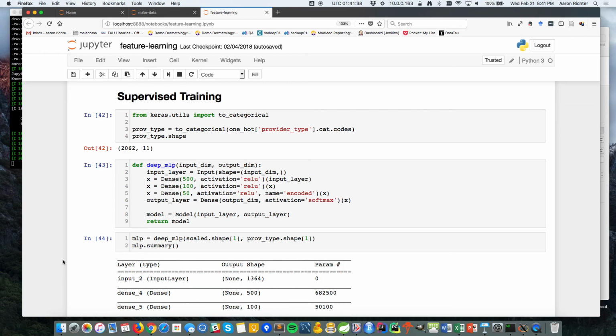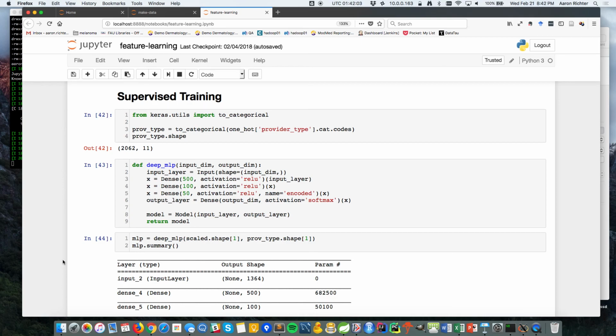So we're not going to quite do transfer learning, but I wanted to at least show getting towards that particular place. So we're going to do a supervised training to basically predict those top 10 provider types, with the idea that now you can take the encoded hidden layer to use it for some other prediction problem. Maybe you want to predict how much money each doctor is making, or something else, like where they live, or who knows.